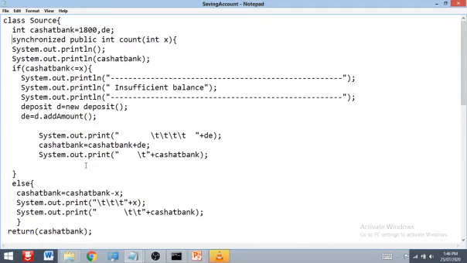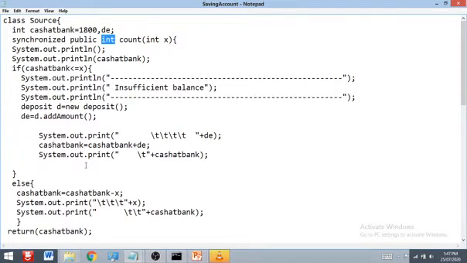Then I am going to use the synchronized keyword. As you already observed, methods and blocks can use the synchronized keyword. So for this count method, I provide the synchronized keyword. Synchronized public: if you want to access it outside this class, we treat it with the public access specifier.